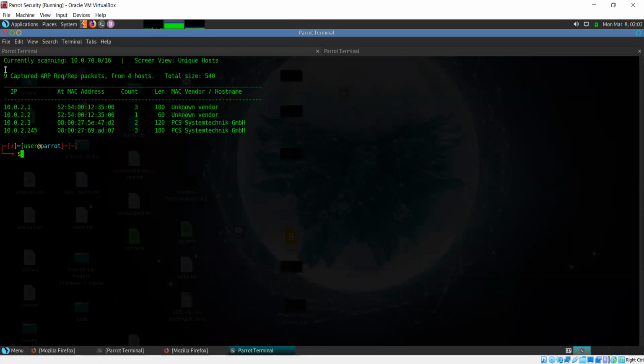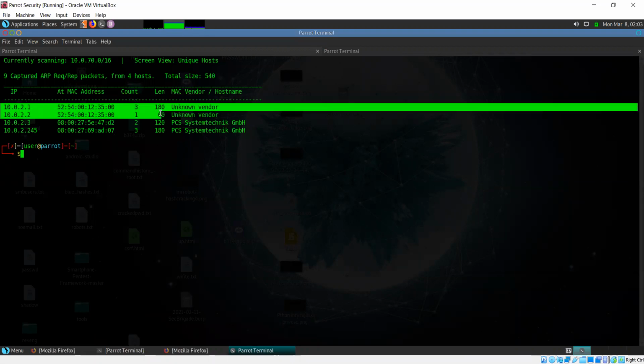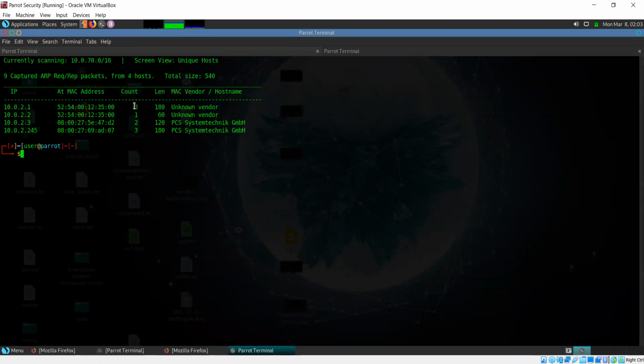Now, count and length is just, let's say we run the scan now. It basically works on how many ARP packets, or from which IPs it's detecting ARP packets. Now it does not matter whether it captures more packets from a particular target, or what the length is. That does not really matter. Now look at this. There are two interfaces of the gateway, but one interface for one IP has three packets, and for the other there is only one, but that does not mean anything when it comes to trying to figure out what kind of device it is.